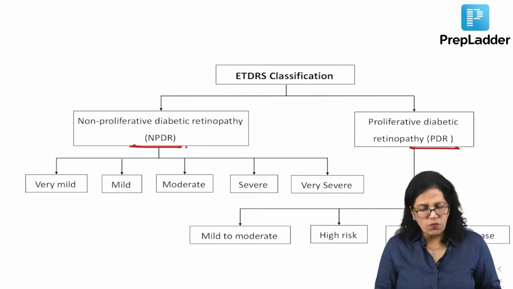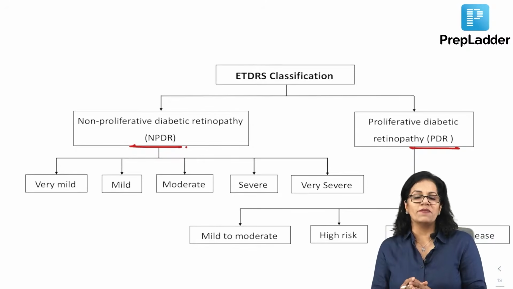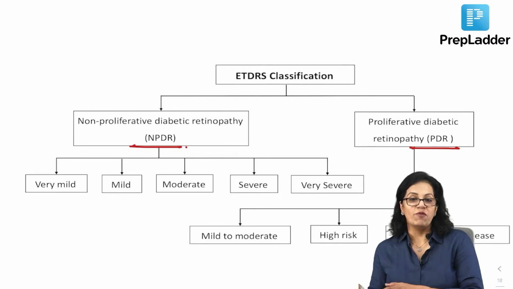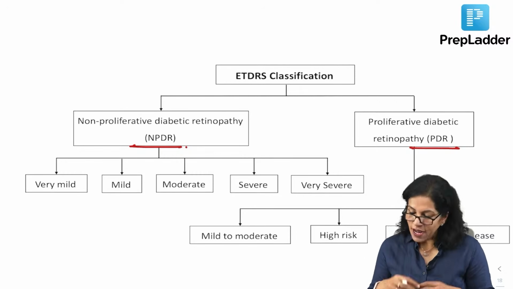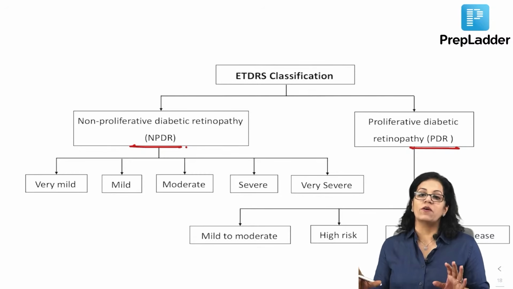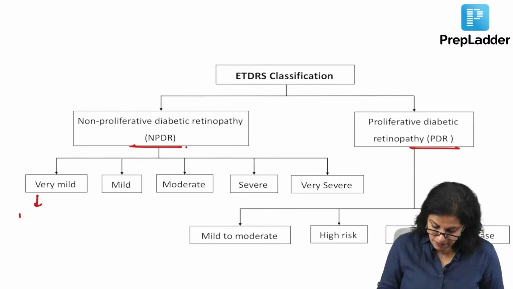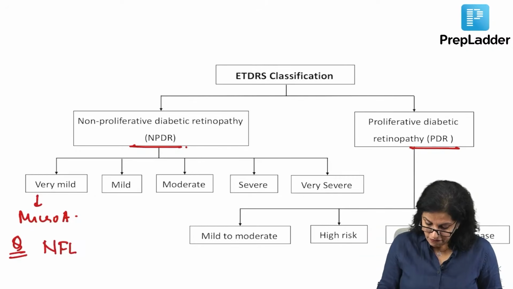And NPDR, so this is, please, one of the very important topics. Retina itself is a very important topic for this exam, and diabetic retinopathy, you must have attended the test, you know how many questions have been included there. Just to give you an idea how important this topic is. You have to learn everything in and out about it. So when you say non-proliferative, very mild, there are only microaneurysms, isn't it? And there was one more question here. Which layer do you see the microaneurysms? You will answer nerve fiber layer.